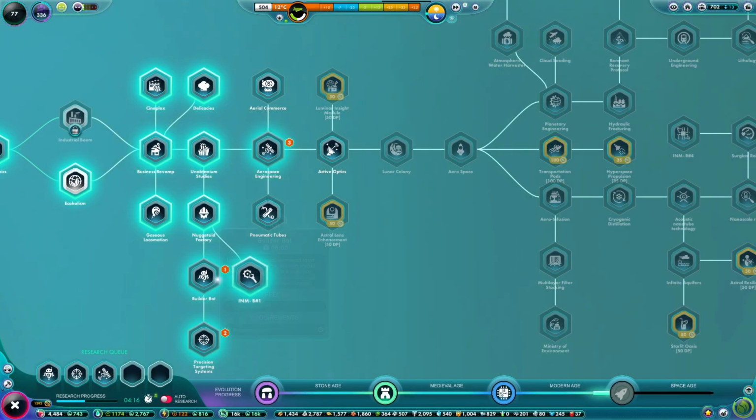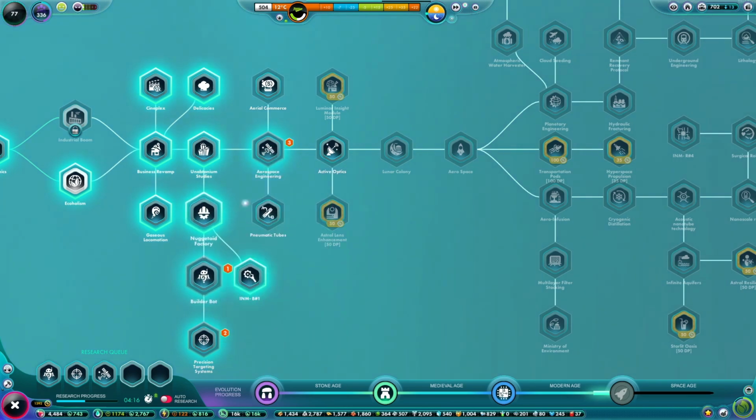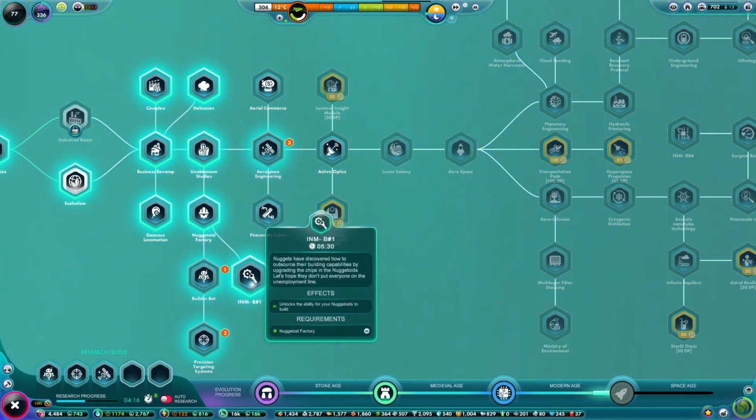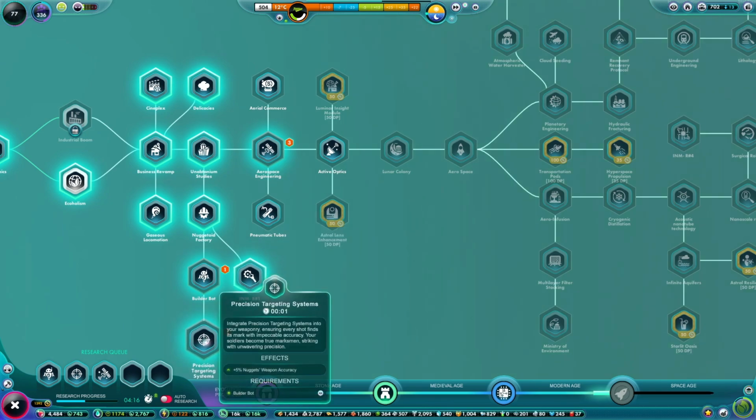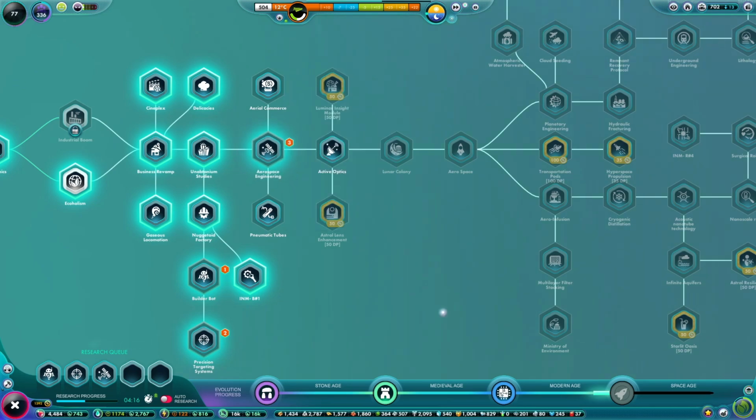Right, what are we doing down here? So we're unlocking... Okay, we've got the Nuggetoid factory. Okay, that's fine. So we can build, if we want to, little kind of nugget robots. Now we're learning about builder bots. Then we're learning about INMB1. Okay, okay. So some sort of upgraded chip in the Nuggetoids to then mean they can build. Okay, that could be handy. Then we're going to make them better at shooting weapons. And then, yes, we're going to unlock a modern engineer hut, which is going to be